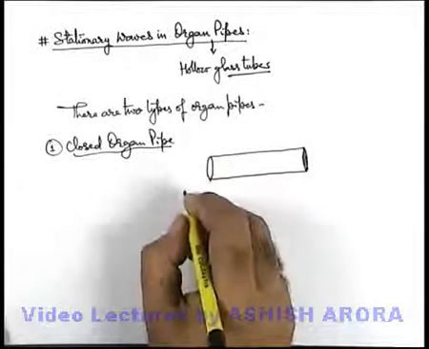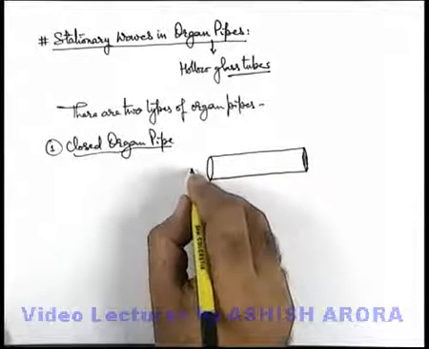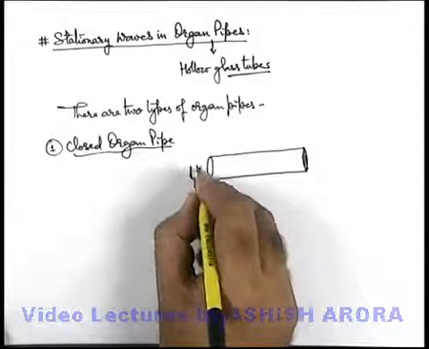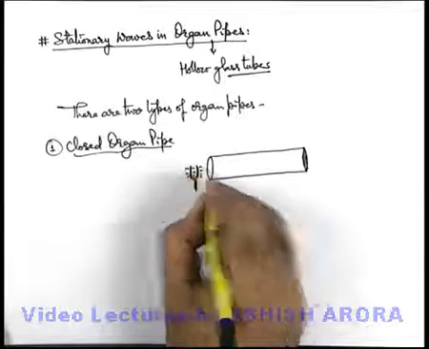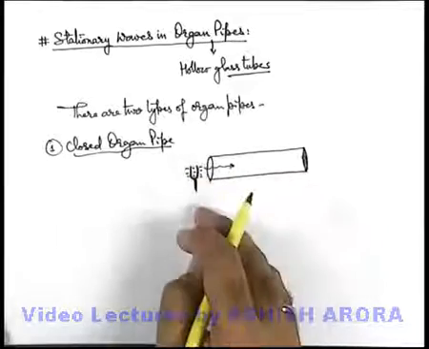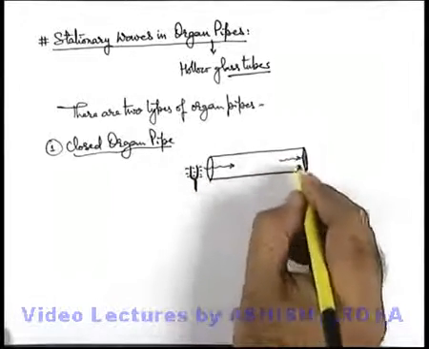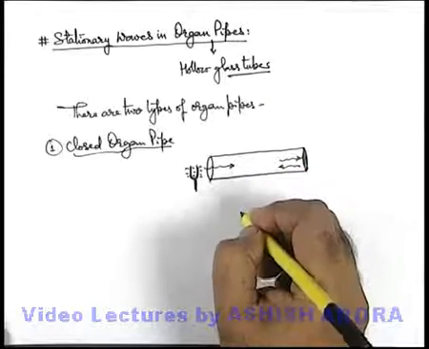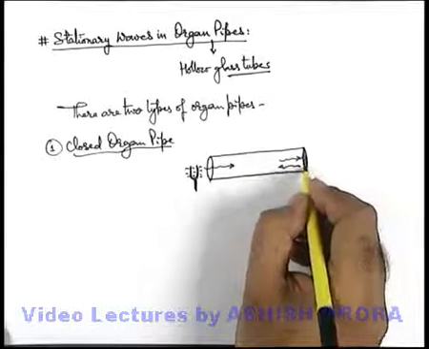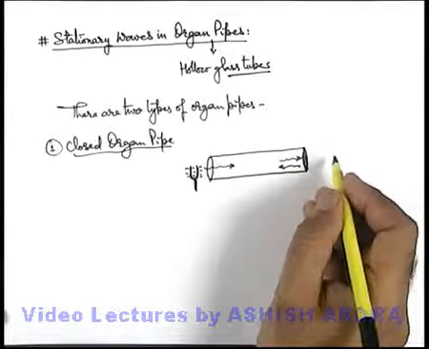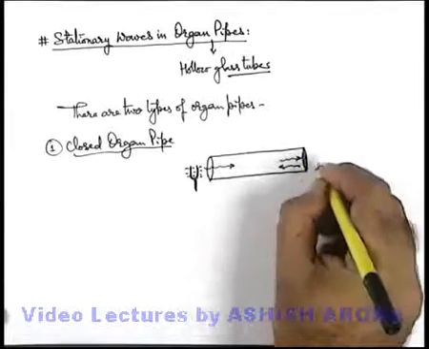And at the open end, if we bring a source of oscillation, say a tuning fork which is oscillating, then longitudinal waves will enter the length of the organ pipe, reach the closed end and be reflected. As the end is closed, this will behave as a denser medium because the wave cannot move out. So here the reflection